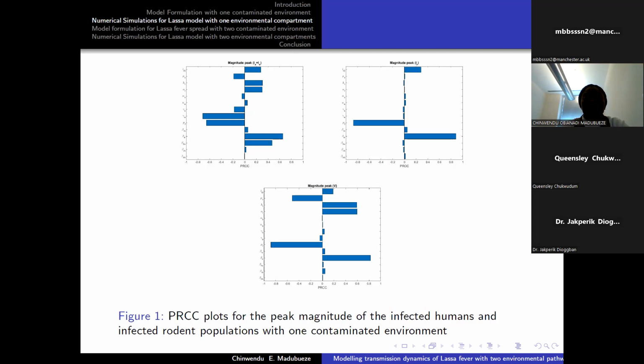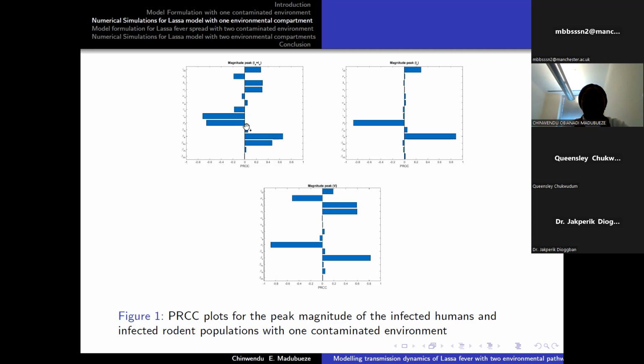Then this is the recovery rate of the asymptomatic infected. And this is the transmission rate to rats. And this is the transmission rate from human to environment. So we notice that these four parameters, the rat parameters, are very significant in the transmission